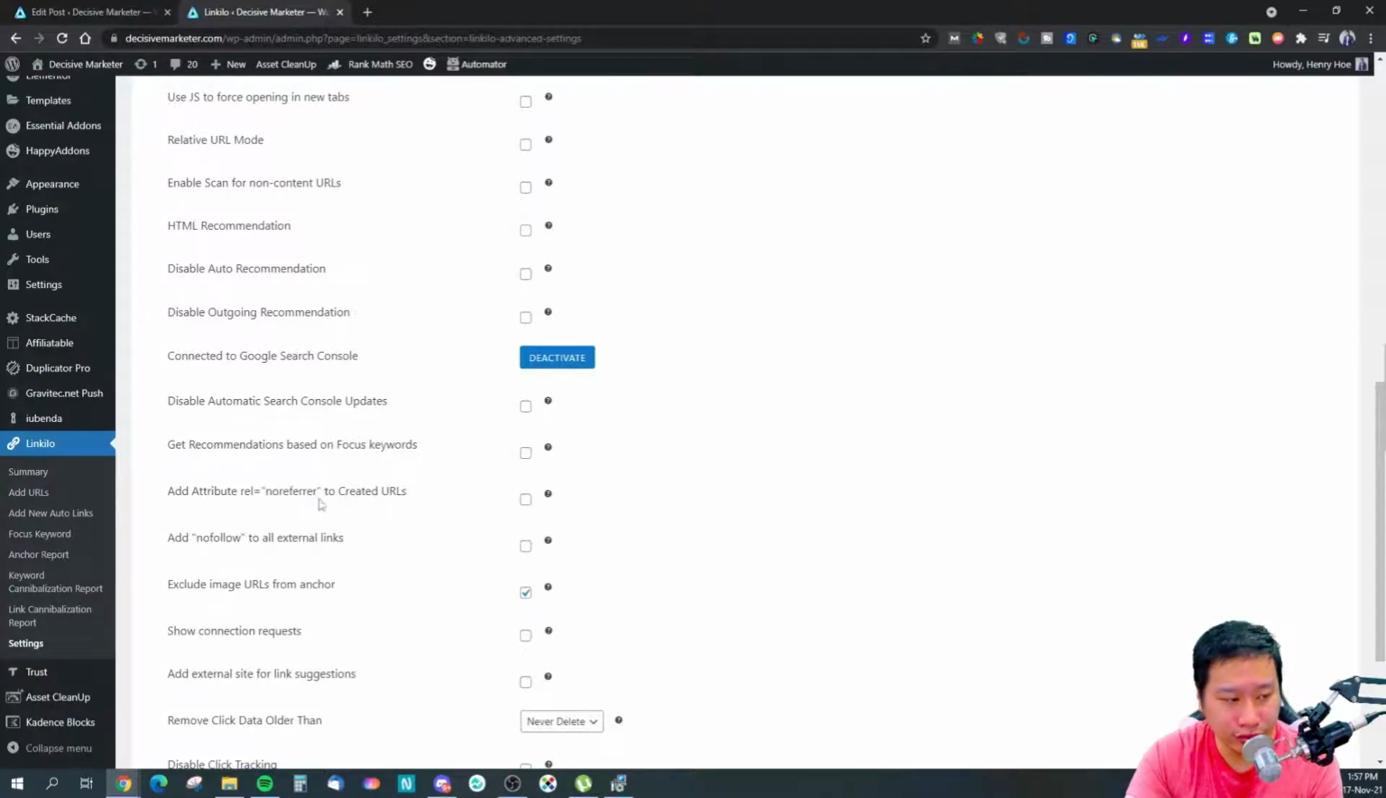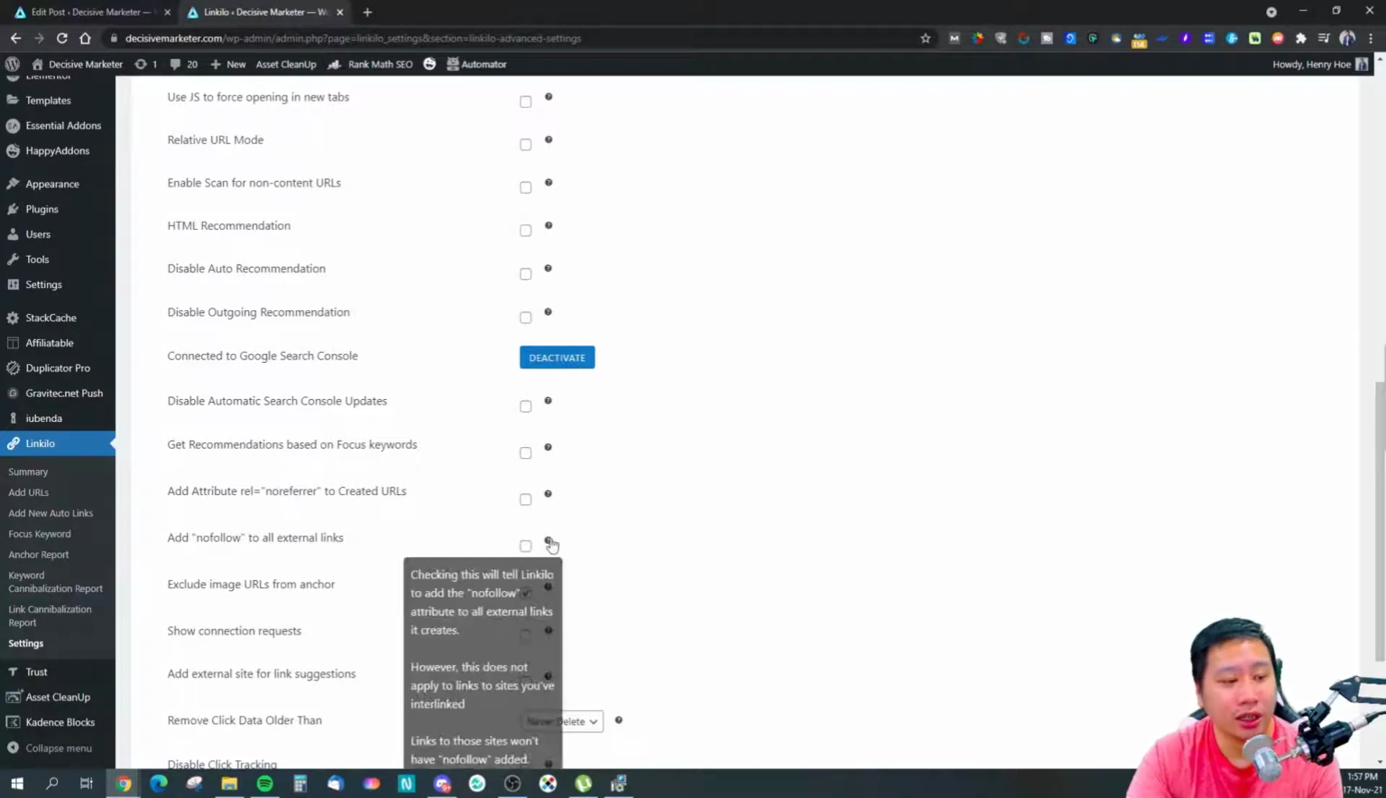And this will set the relationship to no referral. So what happens is that whenever people click on your links, it's going to show up as direct traffic on your analytics system, whether you're using Google Analytics or Hockey Stack or Mixpanel, whichever it is. It's going to show up as direct traffic. So I don't recommend adding this at all. And then if you want to add nofollow to external links, you can click this as well. But I